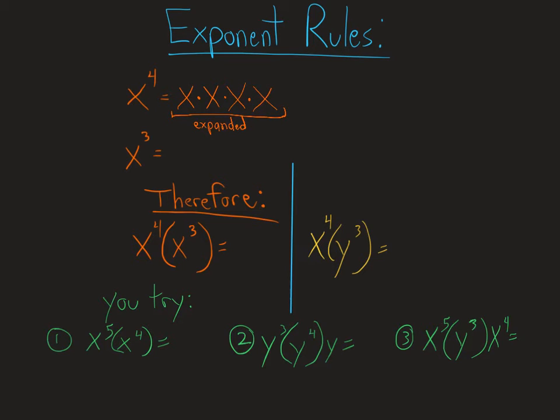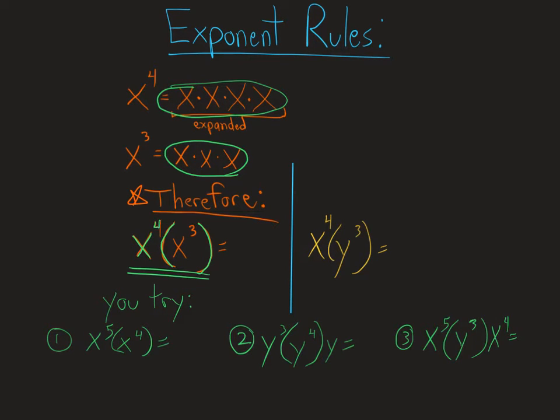Again, there's no 4 in the problem, only x's. X to the 3rd, pretty simple. Expand it out, there we go. So if that's the case, if those are what those equal, what do you think x to the 4th times x to the 3rd would equal? X to the 4th power times x to the 3rd. Well, turns out if exponents are multiplication, and I'm already multiplying 4 x's, and x to the 3rd is just multiplying 3 more x's, and parentheses mean to multiply, then I think this problem is just saying,